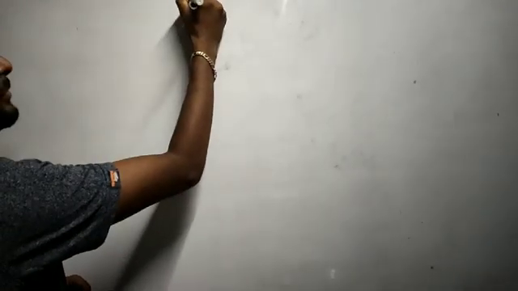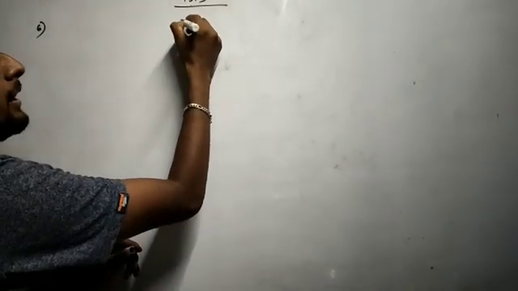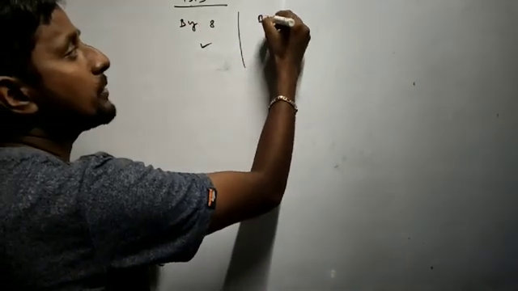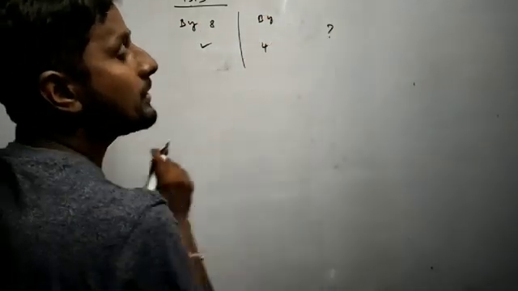Welcome back, children. So now we'll see the problems from 15.3, sixth problem. Exercise 15.3, problem number 6. The question is, if a number is divisible by 8, it is also divisible by 4. Why? Explain. Why is the reason?